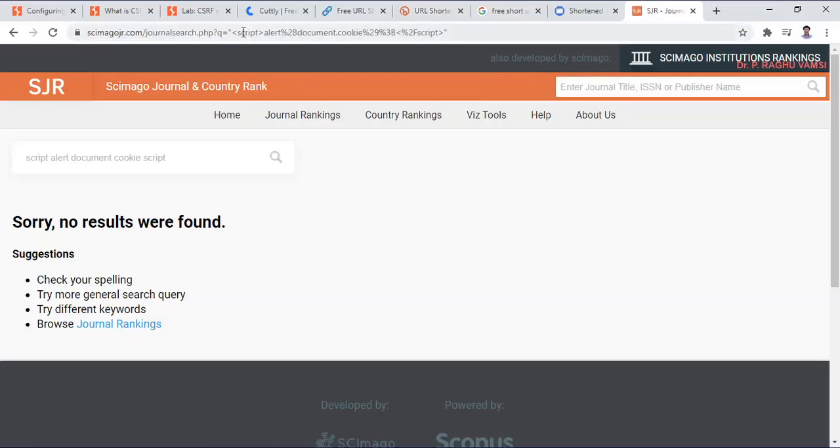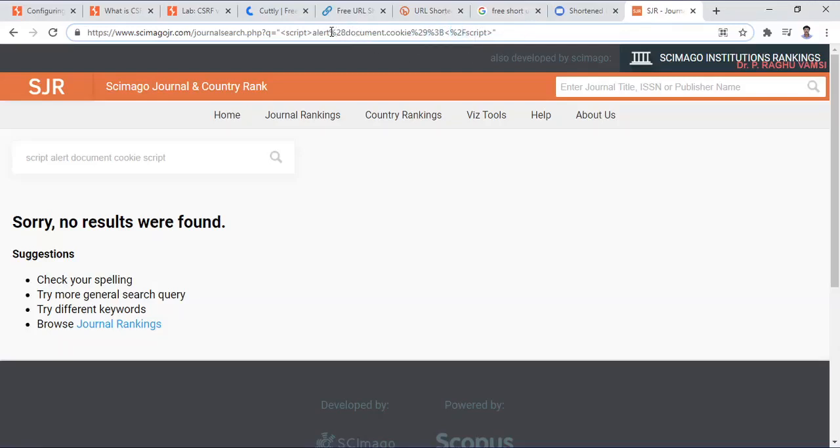Now you can observe here that some encoding has been used. Less than, greater than symbol, alert, and whenever a dot is there, it is changed to percent 28, that is bracket open, and bracket close is changed to percent 29, and semicolon is changed to percent 3b, and backslash was changed to percent 2f.